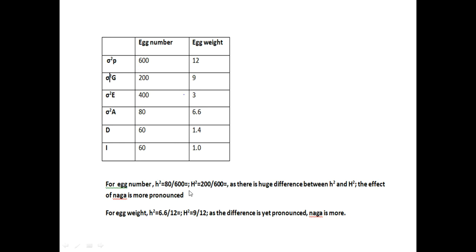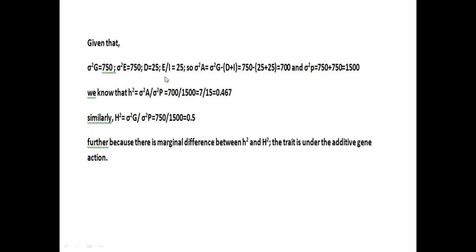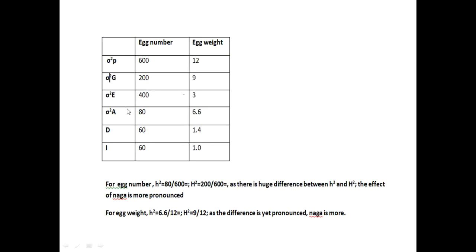Now broad sense heritability H square will be given as sigma square g upon sigma square p. I have just substituted in the formula for narrow and broad sense heritabilities respectively. Just turn back the slides. In the previous slides I have already discussed the formula. You see over here heritability in narrow sense, heritability in broad sense. I have just substituted the values given over here. So this is the question, this is the solution. First try doing it yourself and then you see the answer.